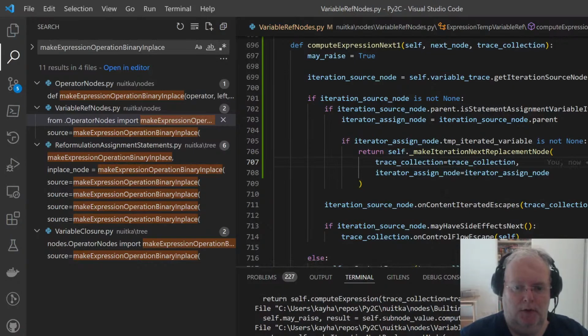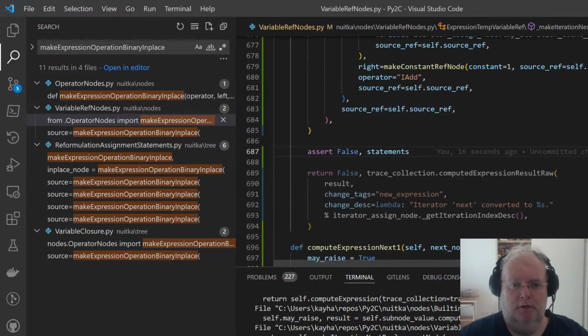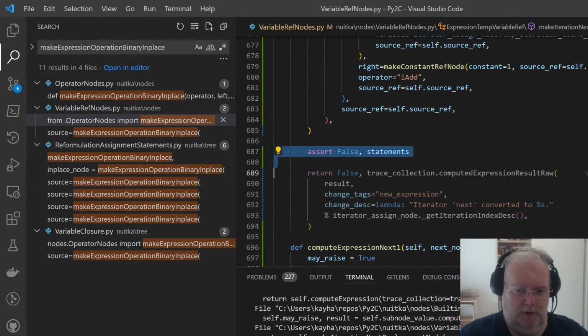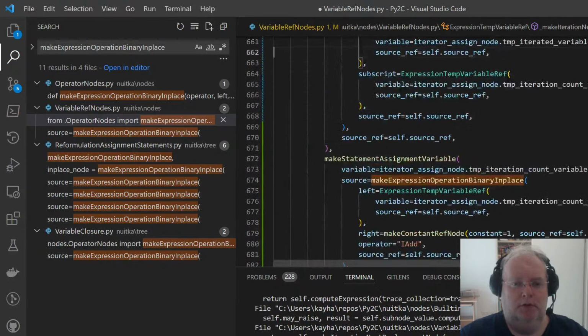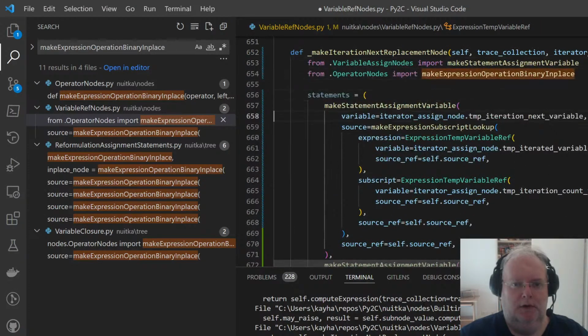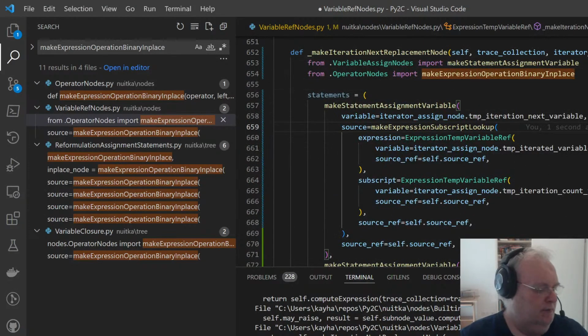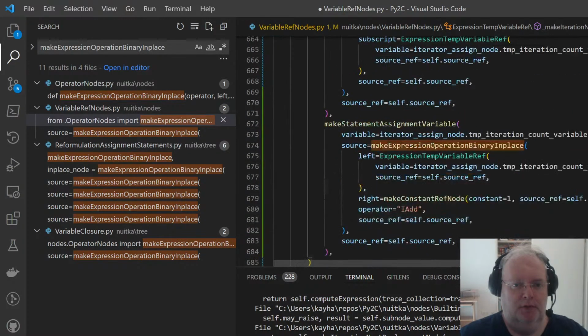Getting there. So we have our generic variable assignments. Why is it generic? Because in place is not specialized and subscript is not specialized. Oh, I think subscripts ought to be specialized. Assignments from subscript lookup happen a lot. But that's just memory optimization at this point.